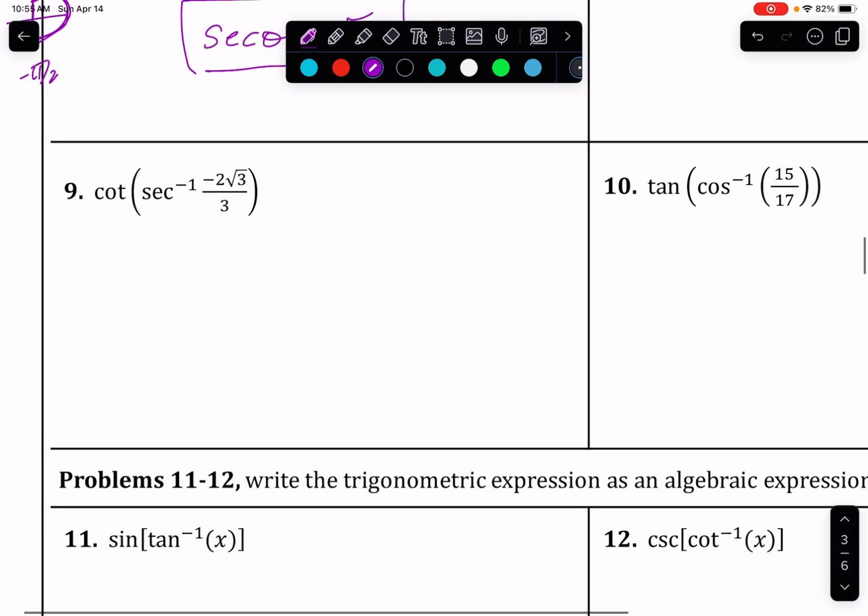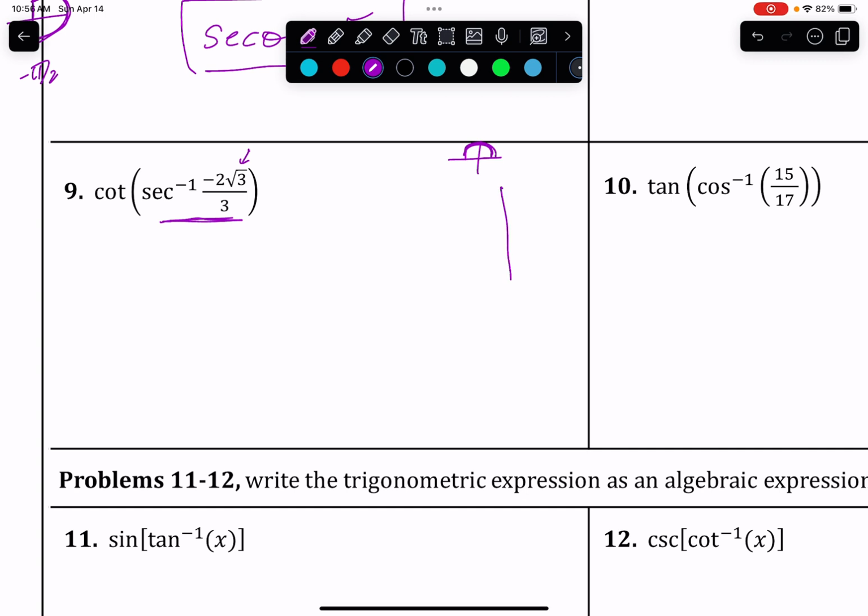Down to number 9, we have an inverse secant, and its partner is cosine, and this is a negative, and inverse cosine's domain is from 0 to pi, so this would have to be quadrant 2. So I'm going to make that theta, and now this is hypotenuse over adjacent. So this is 2 square root of 3, and this is,